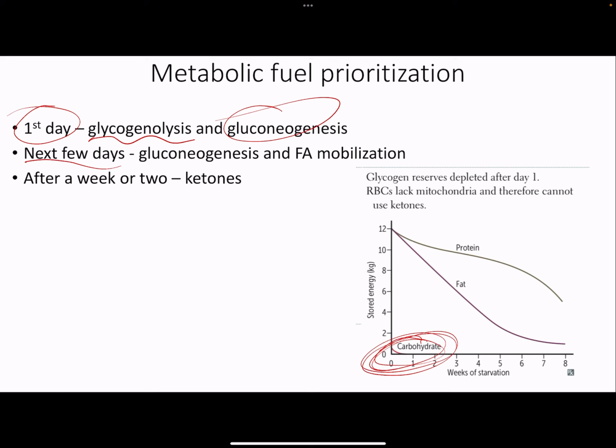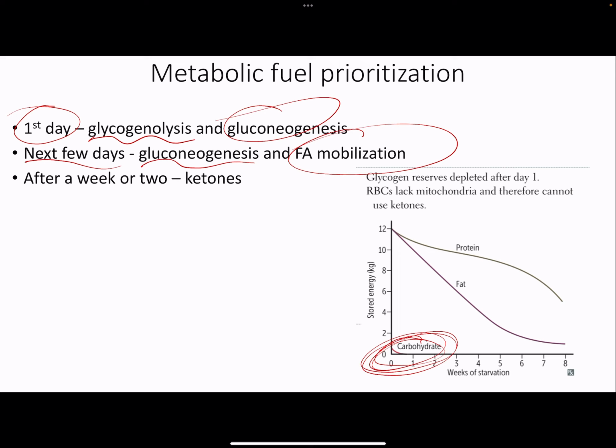Wait, didn't we just say we're running out of carbon stores? Yeah, no, carbon stores, glycogen. Gluconeogenesis is the MacGyver. We're taking glycerol, we're taking all this random stuff. So you're still going to be doing gluconeogenesis, and then you're going to start breaking down your fats. And now, of course, this is going to vary. It just depends how big you are, right? How much extra meat do you got? And then